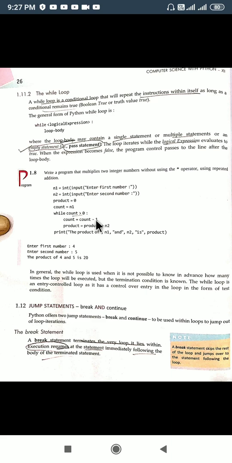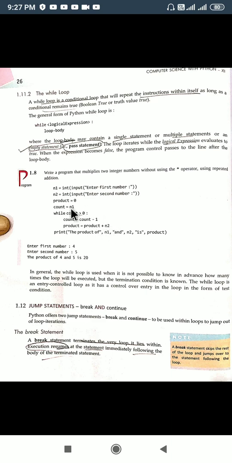Now the product was 5 last time. 5 plus 5 will become 10. Now again it will check 2 is greater than 0. So the body of the loop will be executed, and count will be decremented by 1. Count will be 1 now, and this time it will be 10 plus 5 is 15.